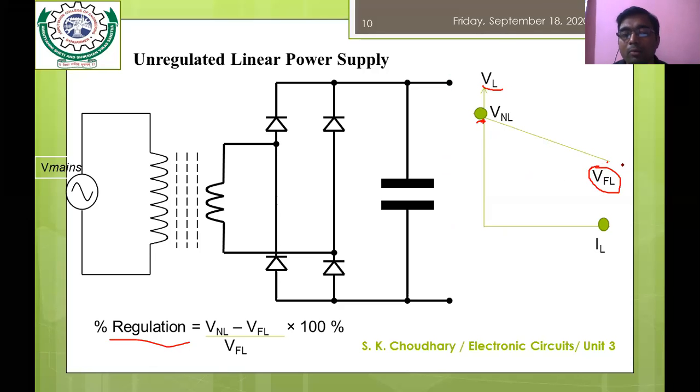If you talk about percentage regulation, the lower the value of the percentage regulation, the better. That would be considered a good, regulated power supply. If the value of the percentage regulation increases, it means the system is not providing a regulated output voltage. It is an unregulated power supply. So in the case of an unregulated power supply, there is a finite value, like 10, 20, 30 percent, which could be obtained by adjusting the values of the components.